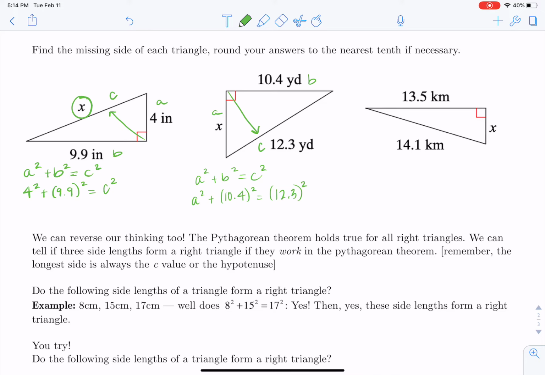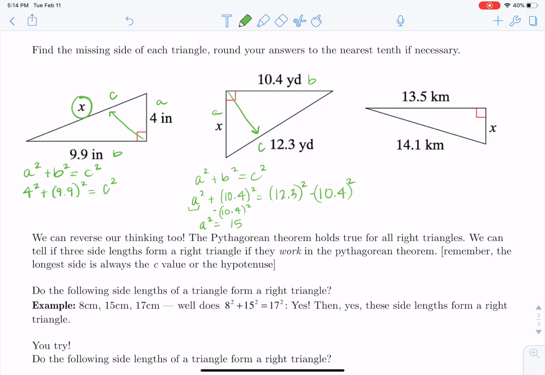So now I'm searching for A. That's the side length that I want to find. So I want to move this over. Let's subtract 10.4 squared from both sides, and I end up getting that A squared is equal to 12.3 squared, which is going to give me